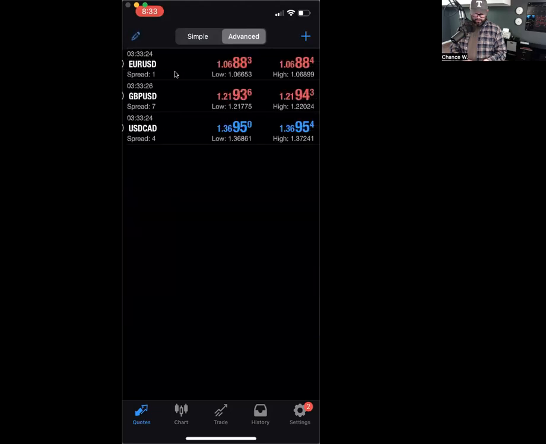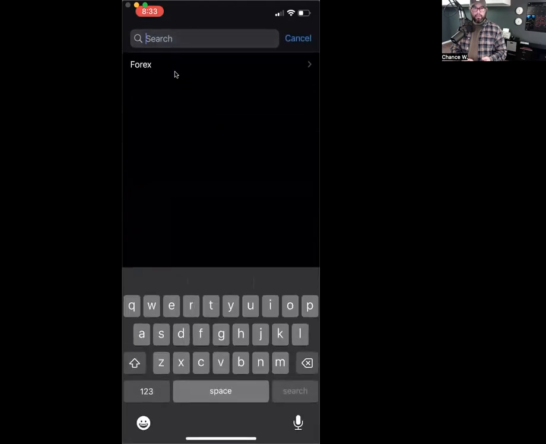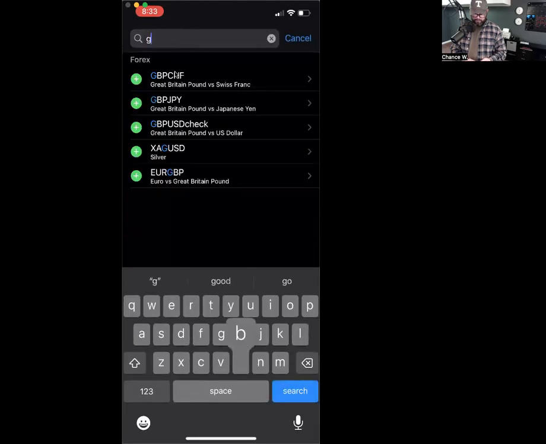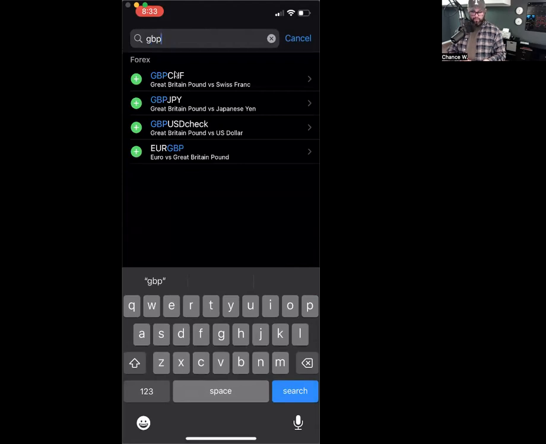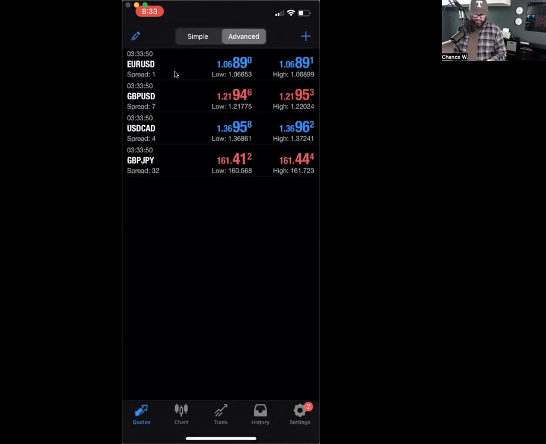And I'm gonna leave it like that. I'm gonna click that pencil again, and there they are. If I wanted to add a pair, let's say I wanted to add GBP/JPY, Great British Pound to Japanese yen, I'm going to hit the plus sign to the left there, and now it is in my list of assets. So I'm gonna go back, I'm gonna hit cancel, I'm gonna hit the arrow back, and now it is the